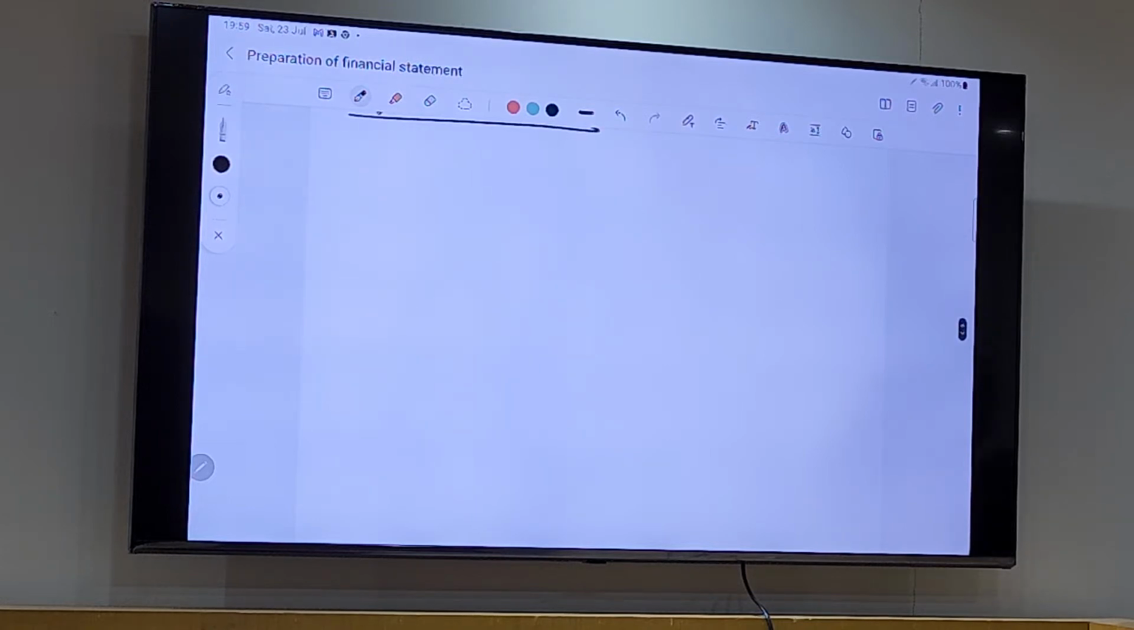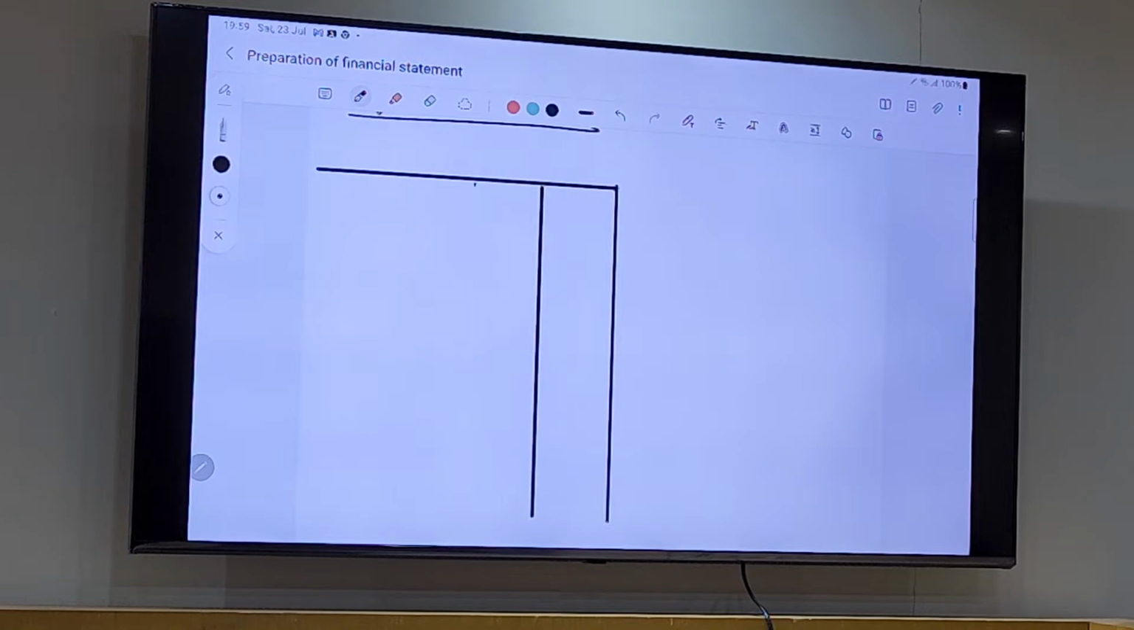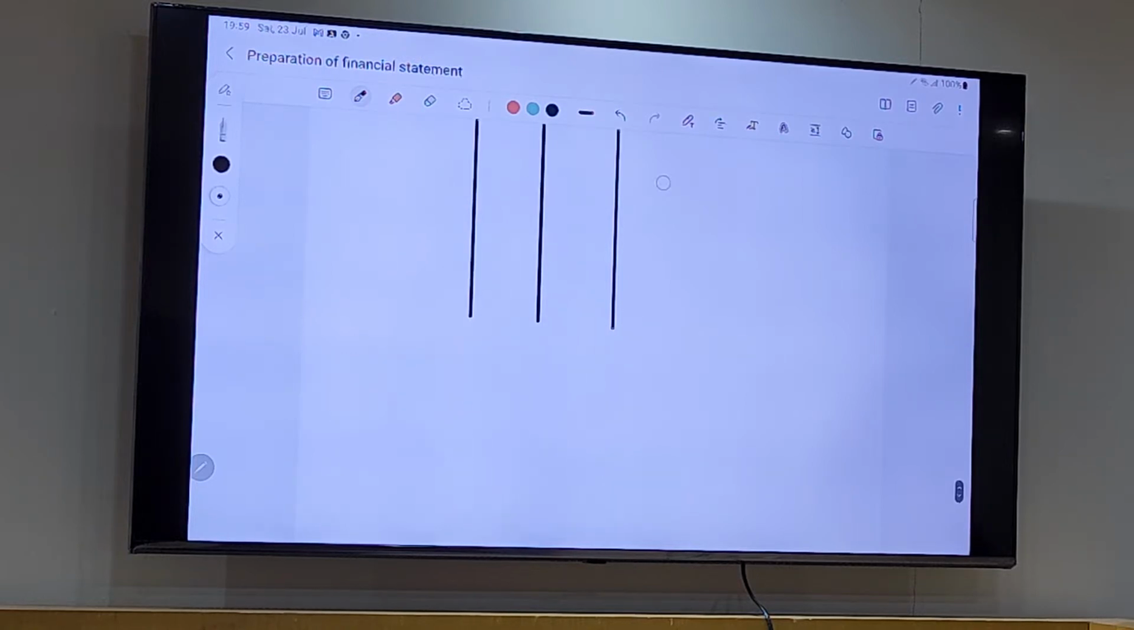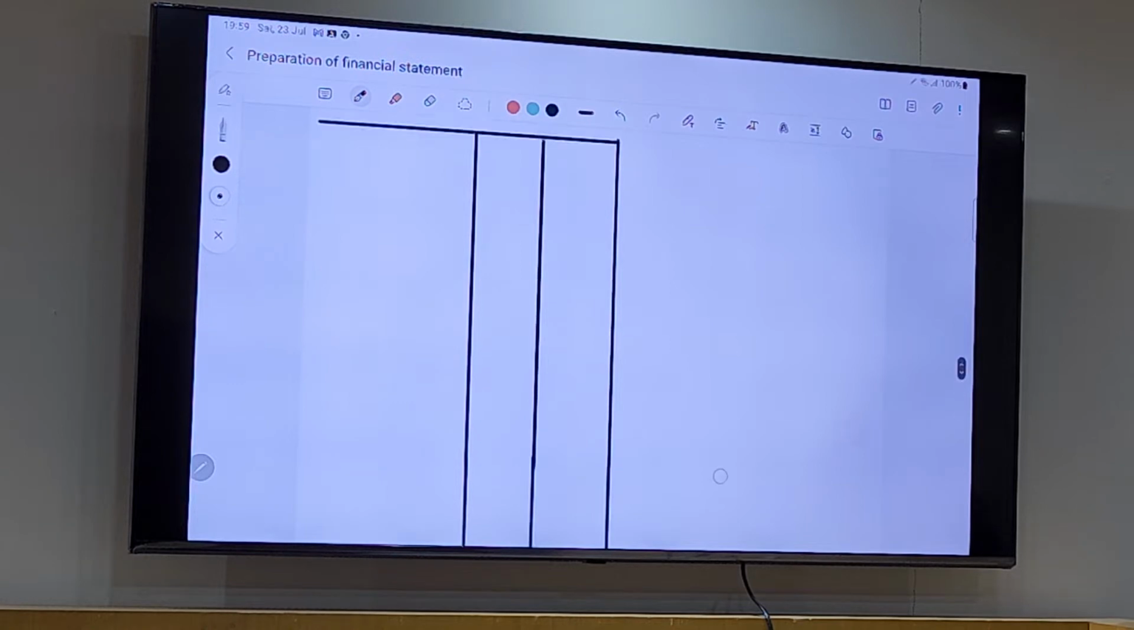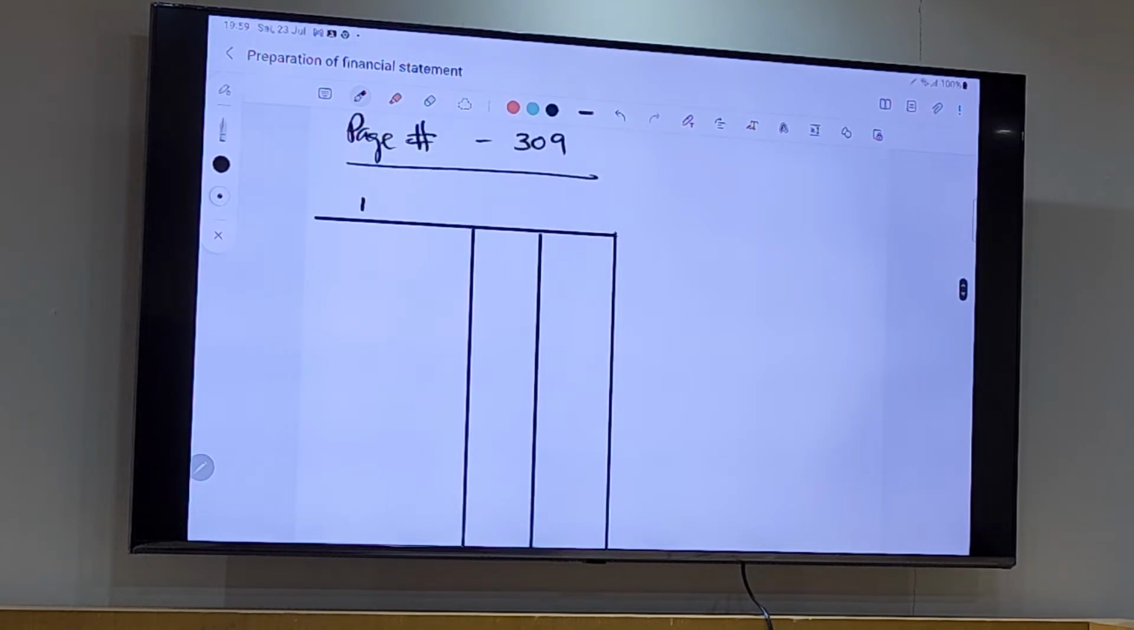When you do a question like this, first thing is to structure the format. You need one full page for the P&L, and one full page for the statement of financial position. So this is the profit and loss account. Actually here, please remember,